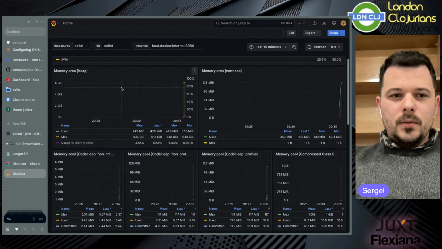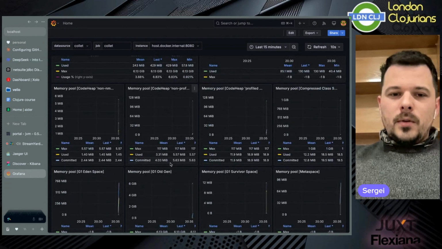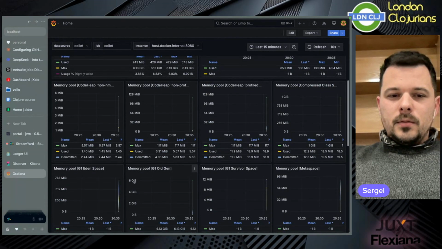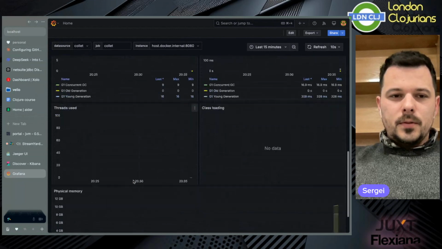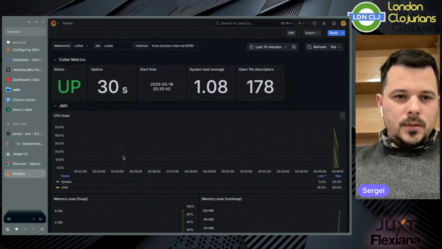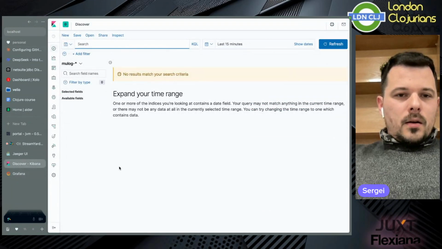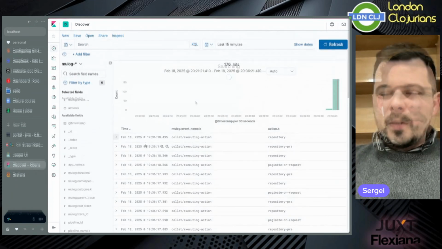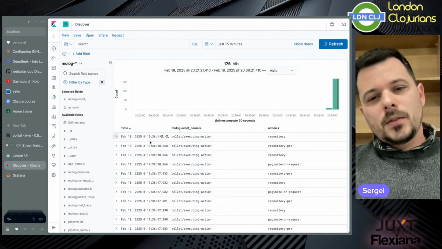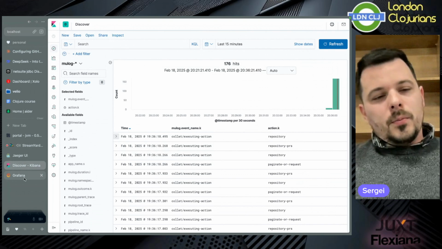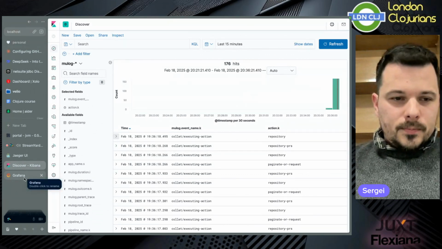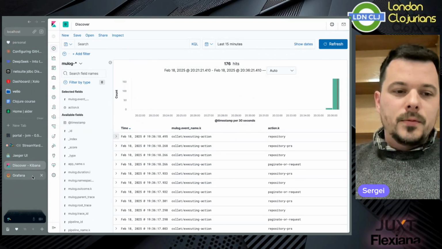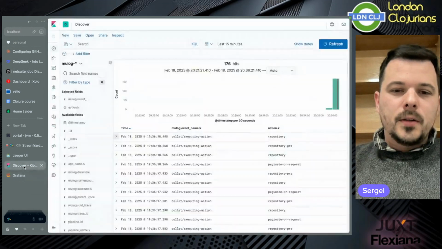So we can see the memory consumption. Anyway, out of the box, when you're running a Colette pipeline, you have metrics in Grafana,